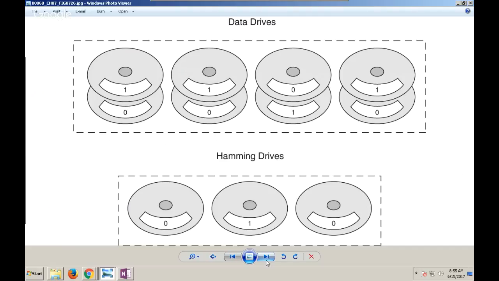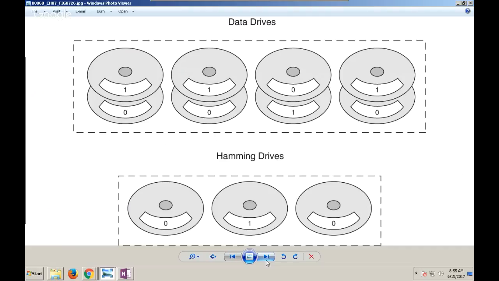So in RAID level 2, what we're going to bring in is we're going to store the data across, say, these 4 drives, and then I'll dedicate 3 other drives now to store just Hamming data related to it. So if one fails, I can reconstruct what would have been there based on the remaining drives that are left in the array, right? However, this is a theoretical level. In practicality, we don't use it.